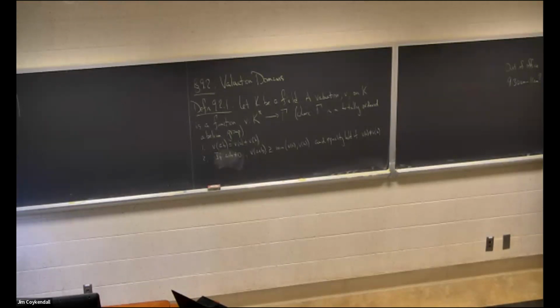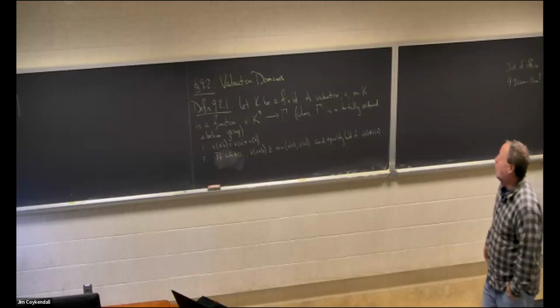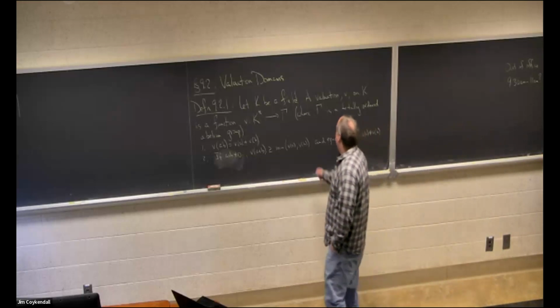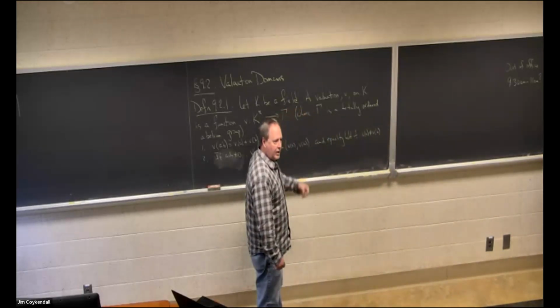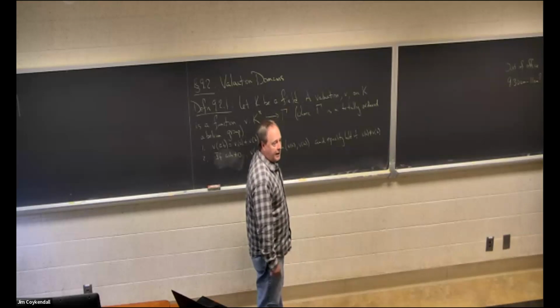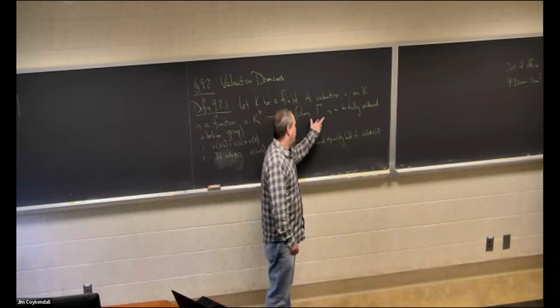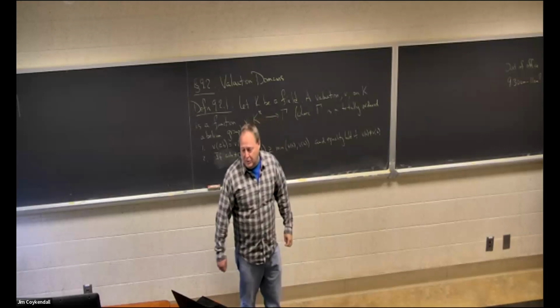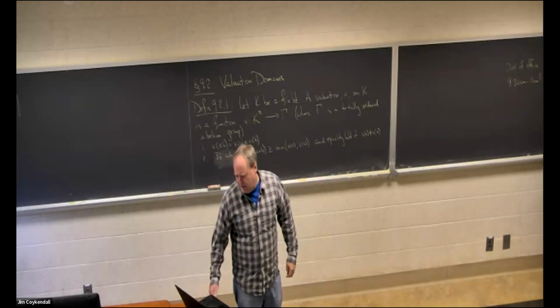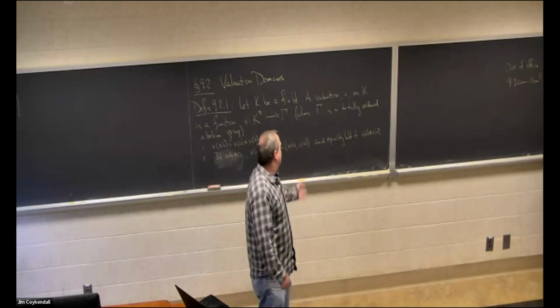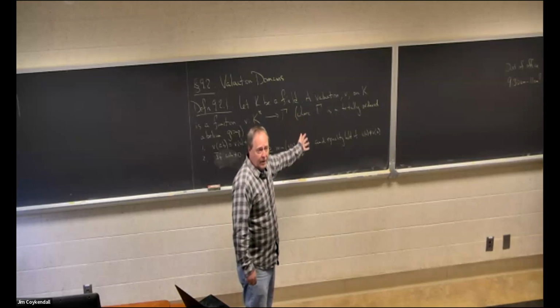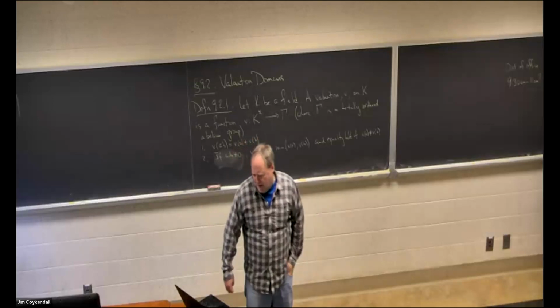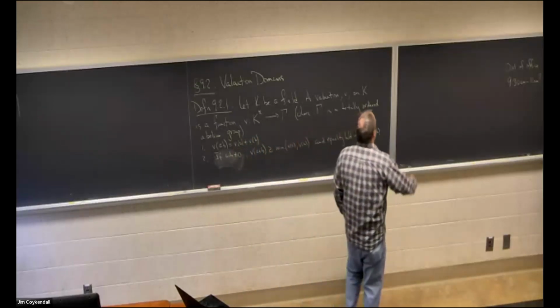Either the value of A is bigger than the value of B, the value of B is bigger than the value of A, or they are equal. And in fact, a good totally ordered abelian group to keep in mind is the ordinary integers, right? For any totally ordered abelian group, you can define a valuation that takes these values. Some other ones that you might consider are the rational numbers, the real numbers, etc. Let me give you the following proposition.